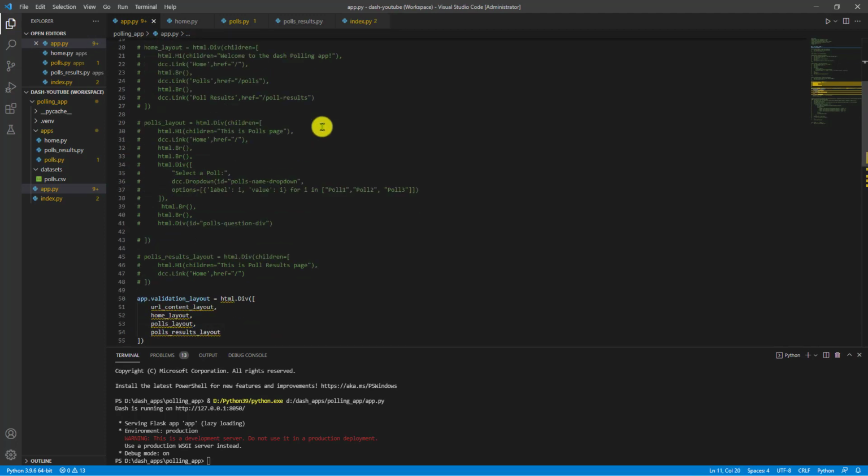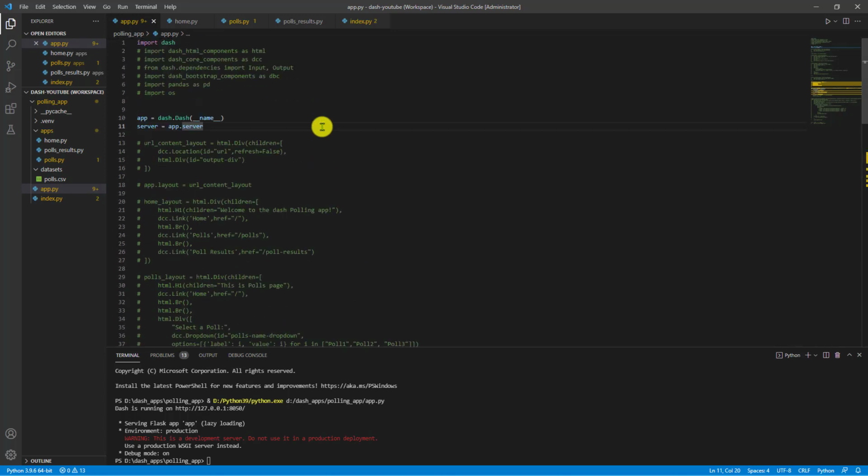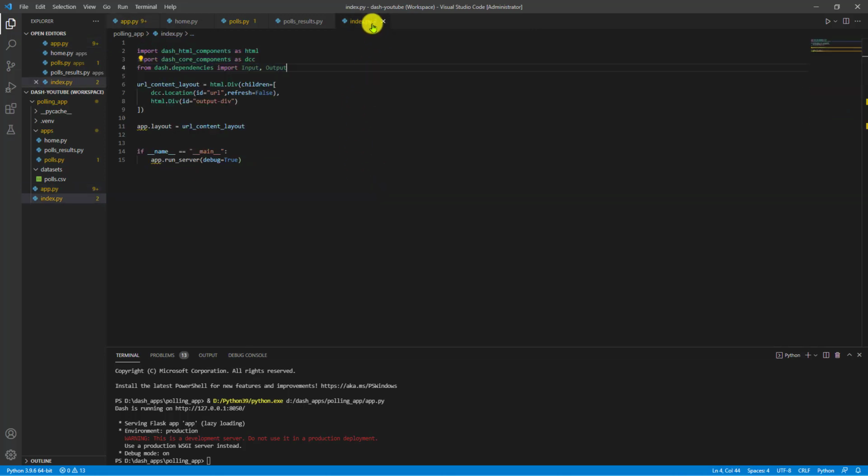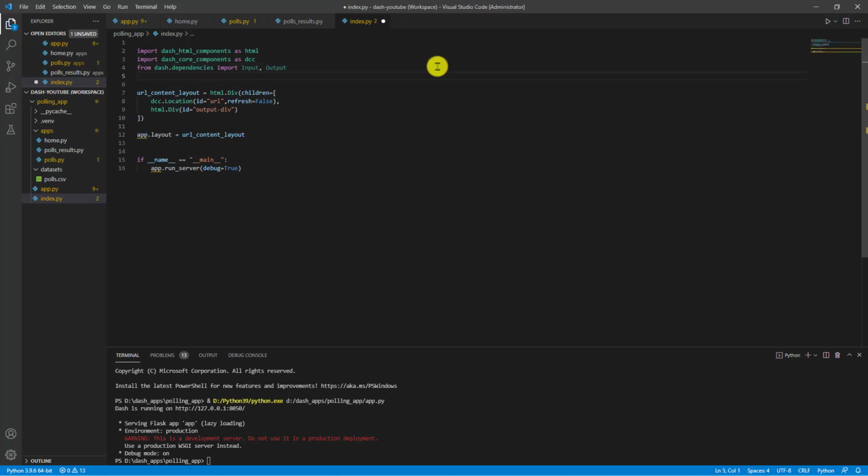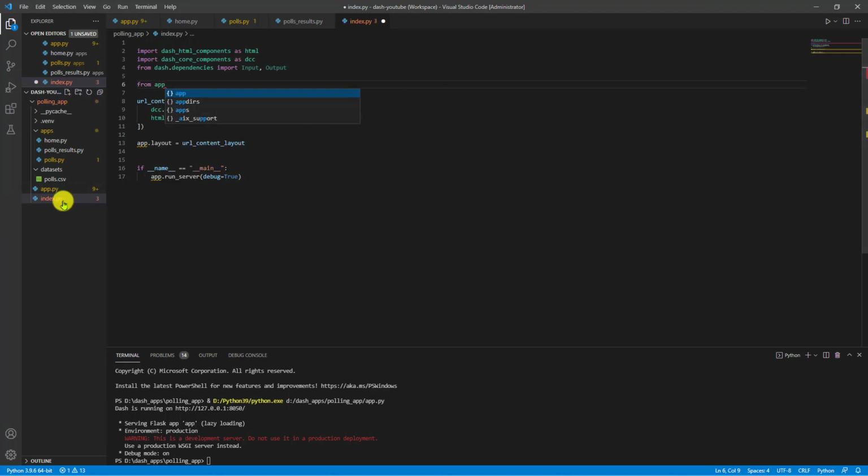So now if you see it, we have created this initialization, right? This app over here. So I can import this app in other Python files so that we can fix it, right? Because it is complaining about this app, so what I'll do is I will say from app import app here, because index.py and app.py are in the same directory.